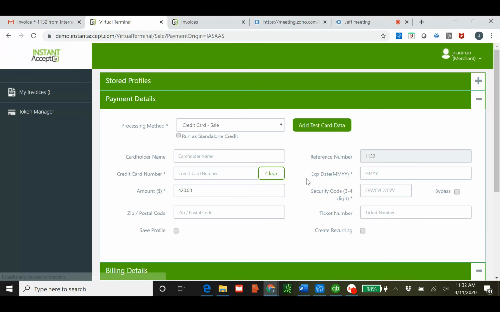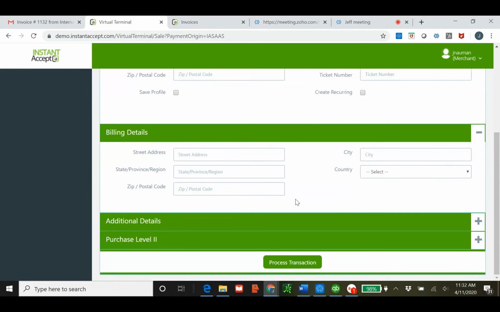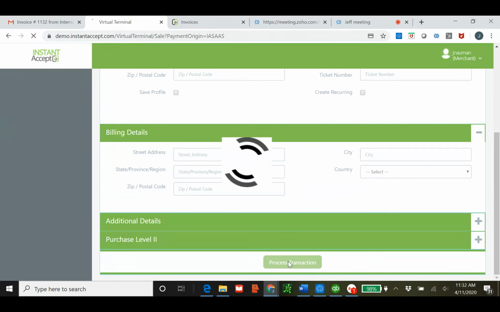Again, I'm going to add my test card data. Your merchant's customer also has the option of saving their own profile, which can be used by either the merchant or the customer going forward. Go ahead and pay this, process the transaction,